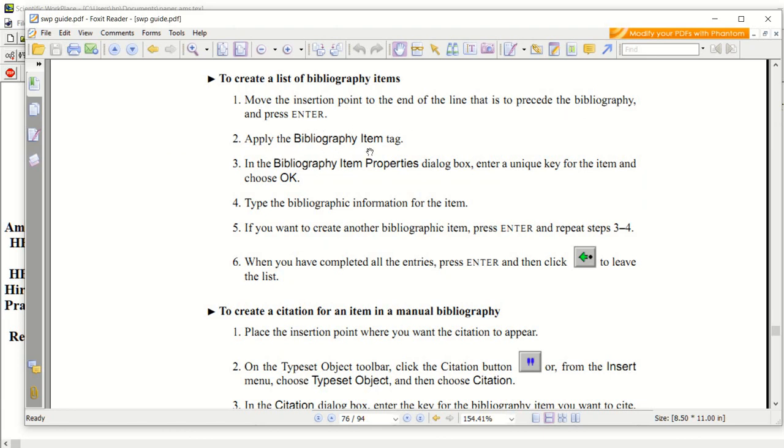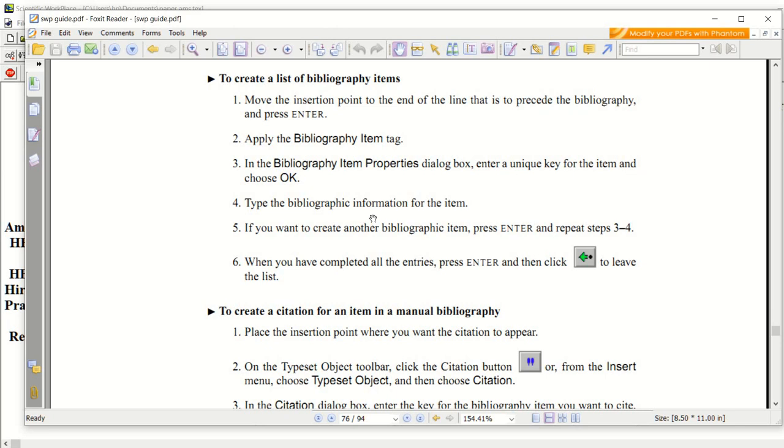Then apply the bibliography item tag from the tag menu. In the bibliography item properties dialog box, enter a unique key for the item and choose OK. This key is similar to the key you have already used for equation numbers, and this key will be used to cite that particular bibliography item in the document.